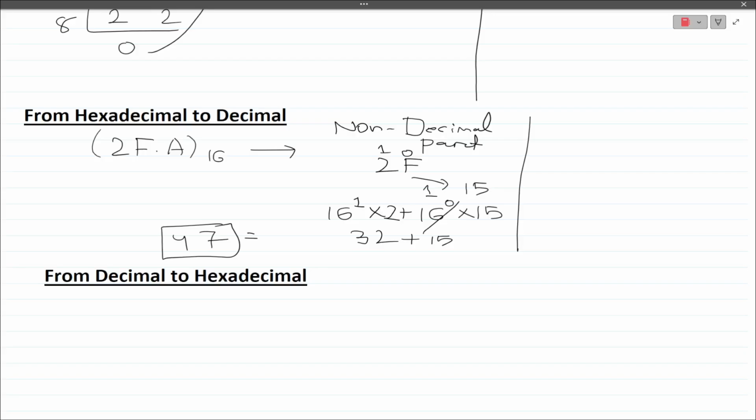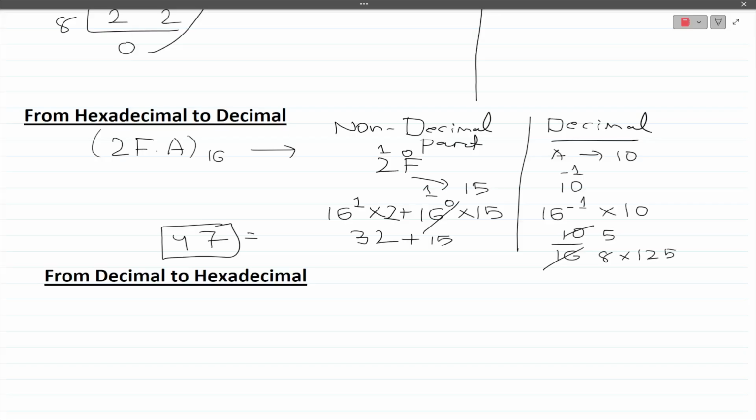Now let me think about the decimal part. In the decimal part I have A, which is nothing but 10. Here the number needs to be raised to the power -1. So it will be 16 to the power -1 into the number. So it will be 1 by 16 into 10. If I solve this,